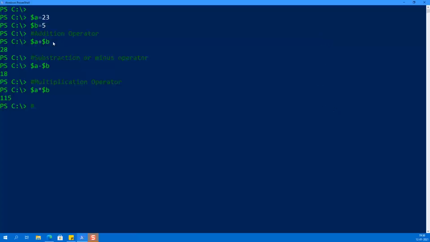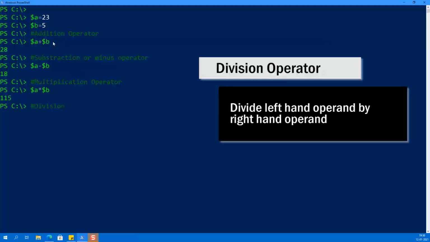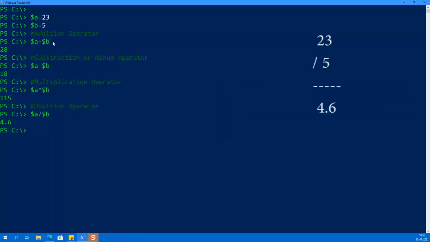Next one is the division operator. It will divide 23 by 5. So $a, division operator, $b. Press enter, we will get 4.6.